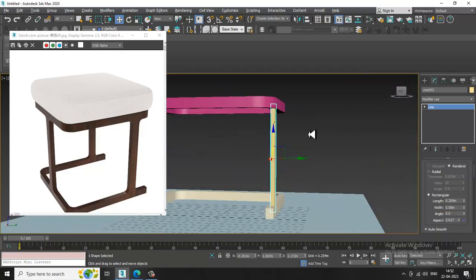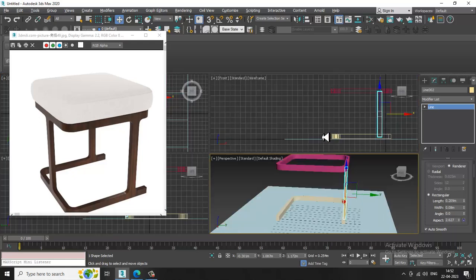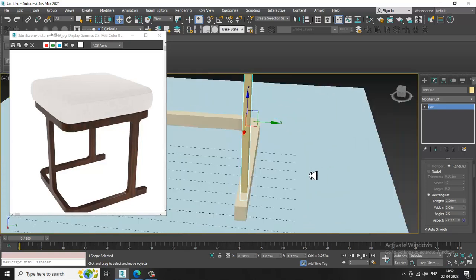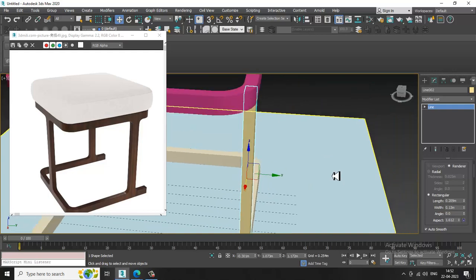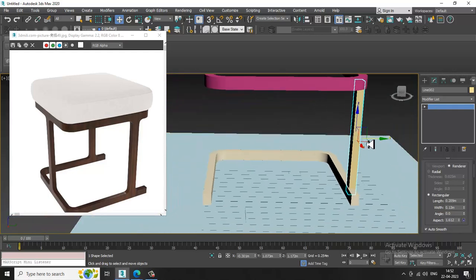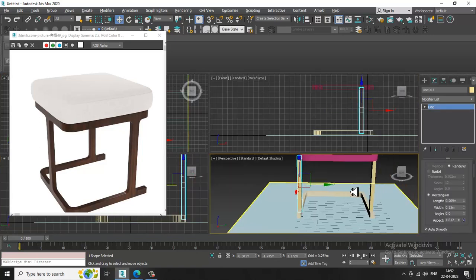So if you want, we can just adjust this accordingly if required and slightly just resize it according to this size. Again press shift and drag it over here. So you can go into this, adjust this,